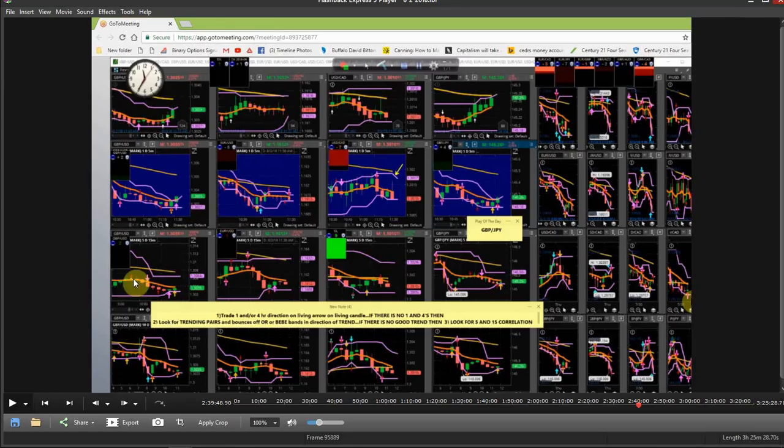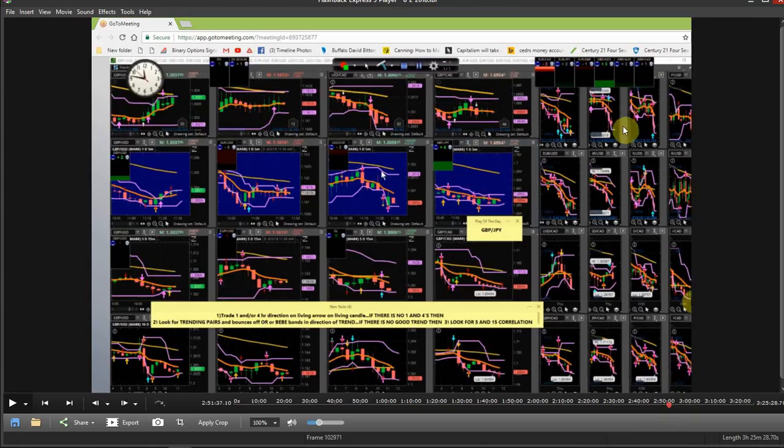You got a 1 hour correlating with a 15 and 5. I would have taken that trade up, but I would not have taken it up just to right there, and then I'd got out. It'd been a 5-pip move for me until I see a 4 hour come up. That lets me know that sucker's going all the way up. See, look at this. Look how many candles went above that. Every time it came up, sell it. Every time, because you don't have correlation.